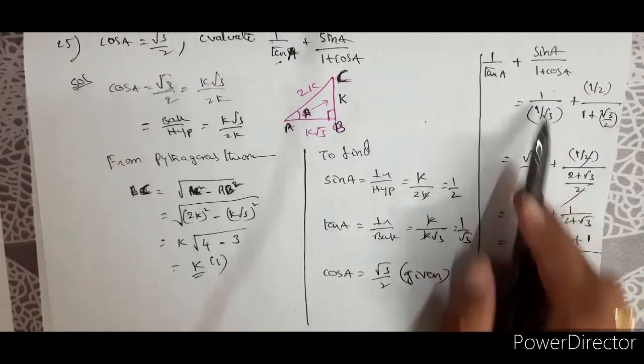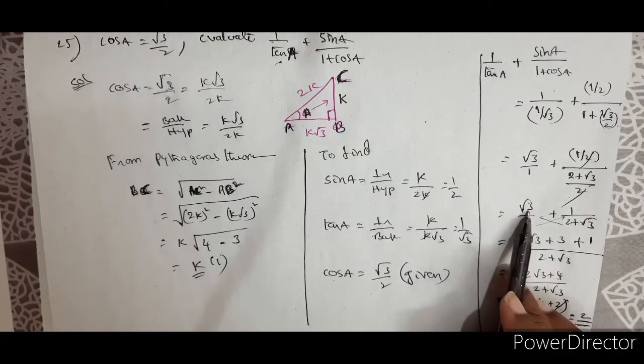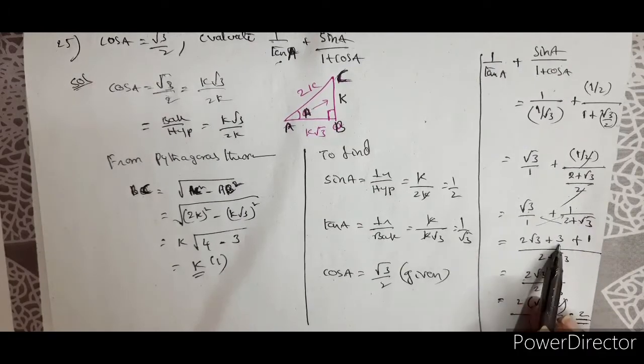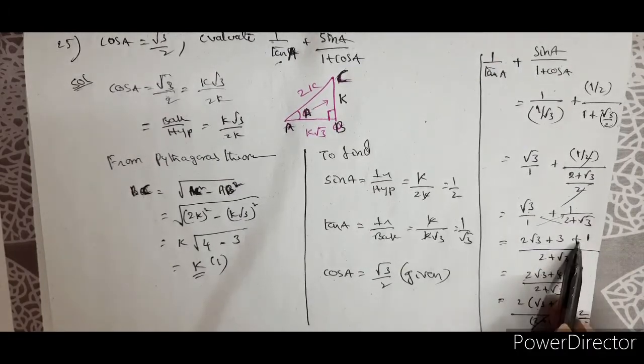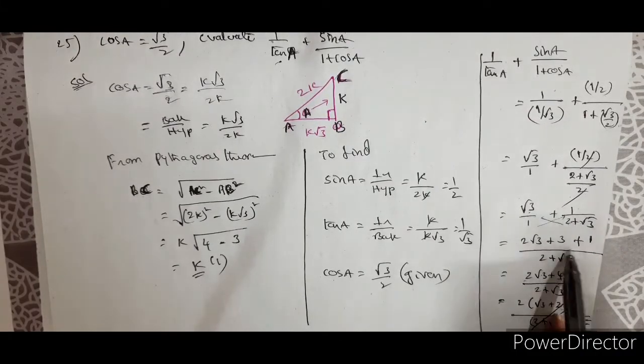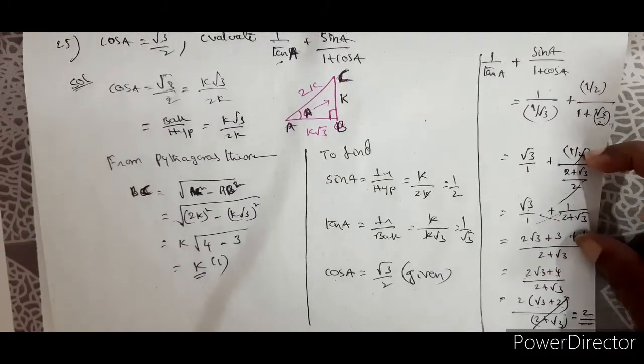Now this is reciprocated, you know that part. And then a cross multiplication. 2 plus root 3 into root 3. 2 root 3 plus root 3 into root 3 is 3. And now this is plus 1 divided by 2. This step is very, very important while you are simplifying this one. So these two steps you have to carefully observe.